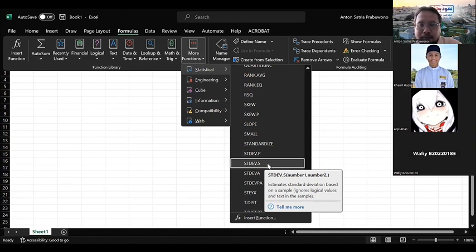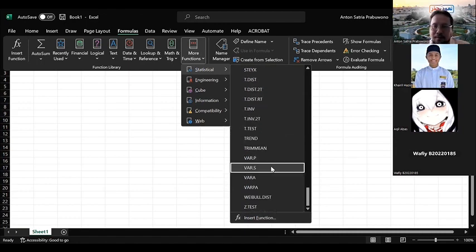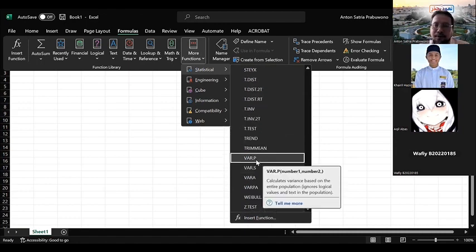If you need more information, you just click Tell me more. So this is variance. Also you can see VAR, VAR.P, which calculates variance based